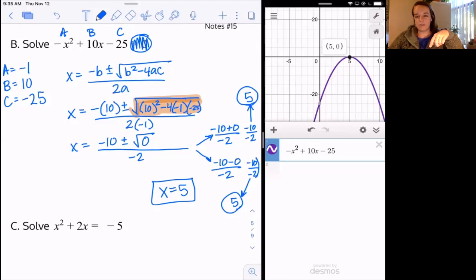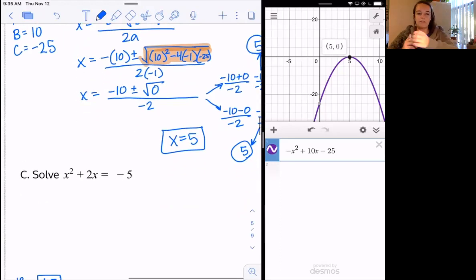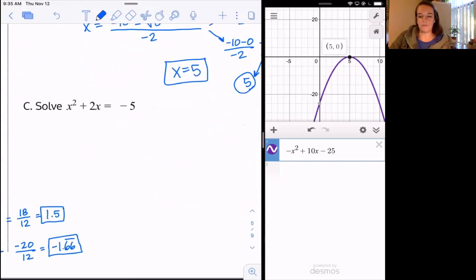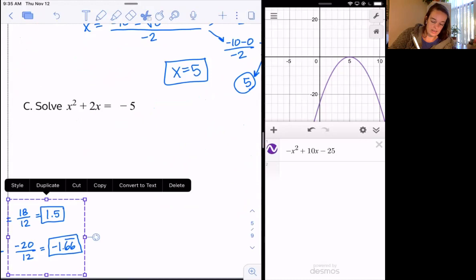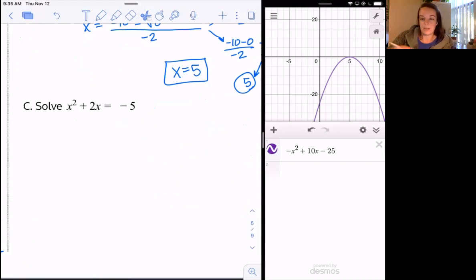Cool. I see some 3s, some 4s, some 5s. A 4.5, so specific. I love it. If you're a 5, I want you to take on this problem on your own. So if you're a 5, go ahead and take on C on your own. If you're a 4, you can try it on your own, see if you get mixed up. I don't think I saw any 1s or 2s, but if you're a 1 or 2, stick with me. But if you're a 5, try it on your own, go for it. Come back if you get mixed up. If you're a 3, do it with me.